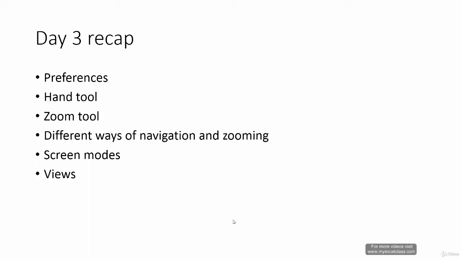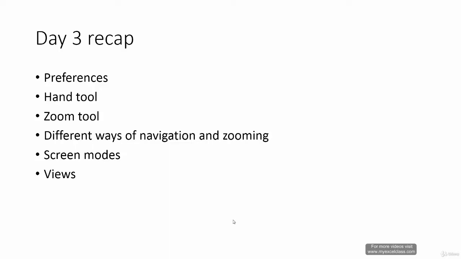After learning that, we learned different ways of zooming and different ways of navigating. So when we recalled, we came to know that there are a total of 4 ways of navigating the canvas and a total of 4 ways of zooming in and zooming out the canvas. Now there may be other ways to navigate and zoom that I might have missed, but that is okay. The main point is that if you do anything in Illustrator, there can be several ways to do the same thing. Any approach is fine, it completely depends on your taste or your choices.